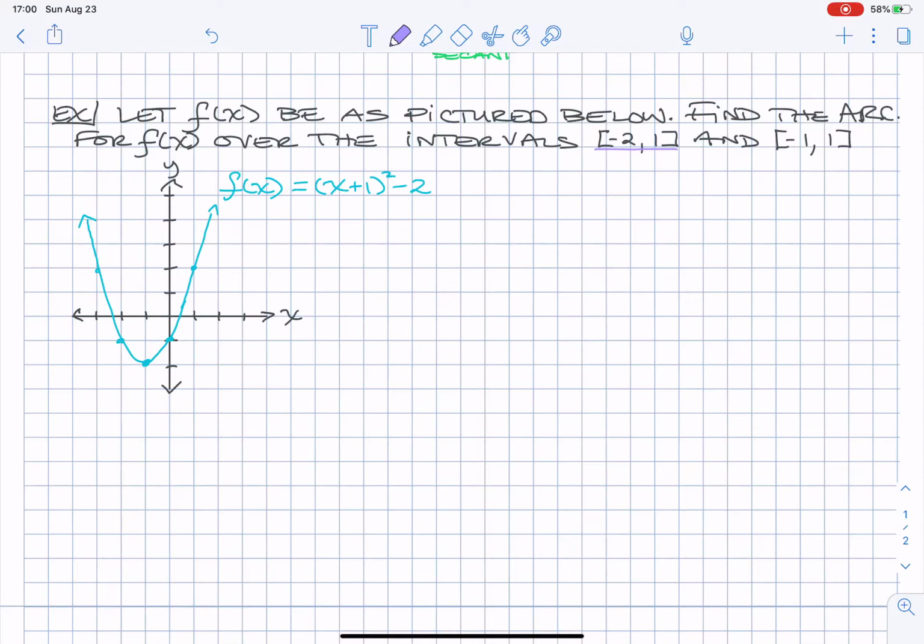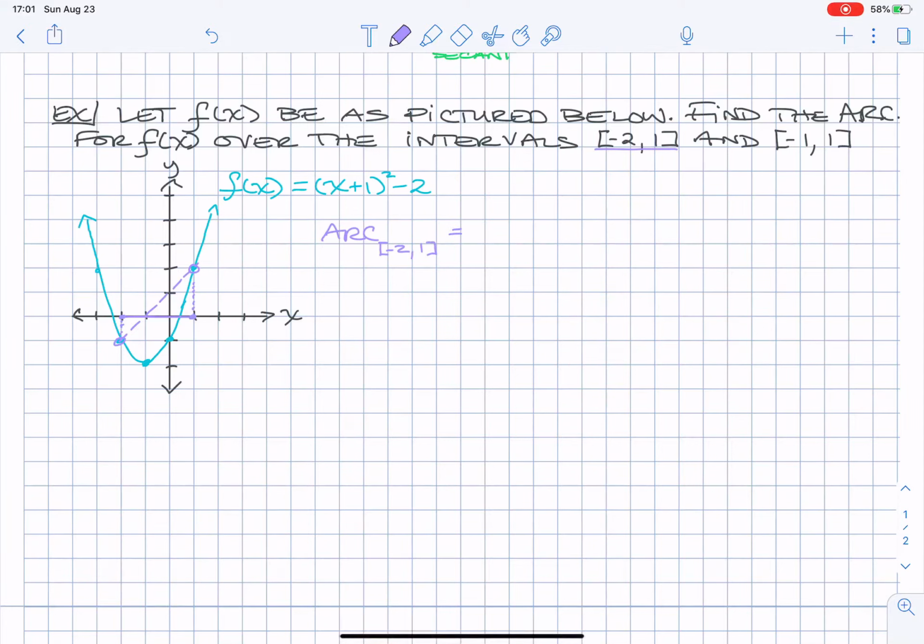Let's consider the interval from -2 to 1. So that's from here to here on the x-axis, from this point to this point. I want to know what is the average rate of change between those 2 points. So I claim that the average rate of change on the interval from -2 to 1